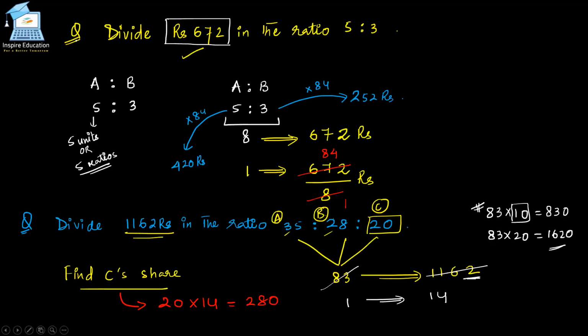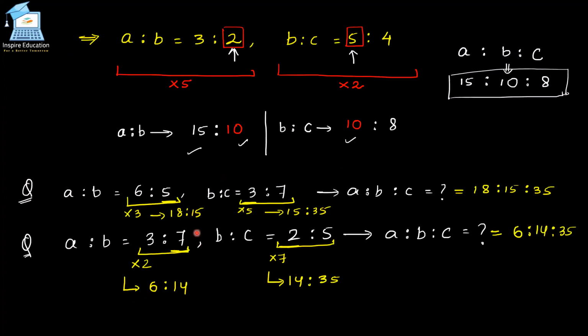Excuse me, sir. Yes, tell me. Sir, this concept I understood, but A is to B is to C, can you please explain once again, sir, how you are multiplying that? The previous one, sir. Okay, the previous one. Yes, sir. Okay, this is very simple. I'm explaining from the very start. Which question? Let me give the numbers, question number 1 or 2. Any one, sir. You explain, I will understand. Okay, anyone.